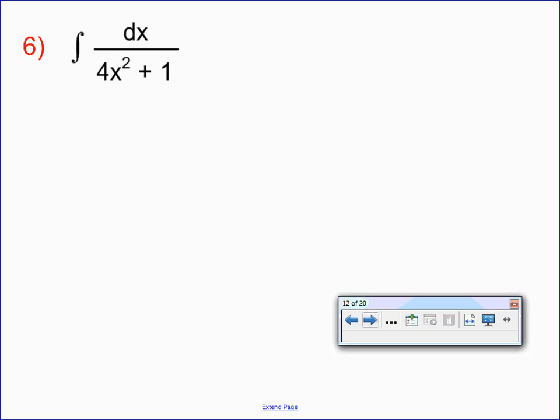Yeah, we can't use natural log here because the derivative of my denominator would include an x term in it, and I don't have an x. But this does look like 1 plus input squared on the bottom, which brings to mind an inverse tangent rule. Nice job, Sophia. We know that the derivative of inverse tangent is the derivative of the argument all over 1 plus the argument squared. So if we could rewrite this so that it looked like that,